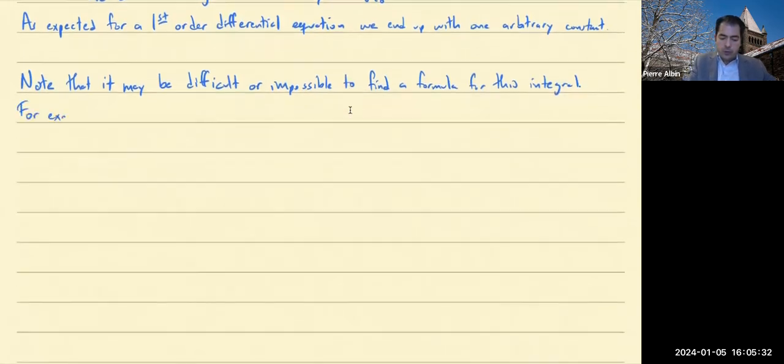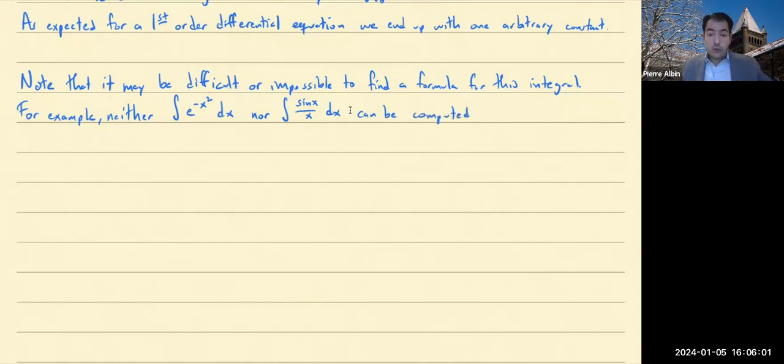So for example, neither the antiderivative of e to the minus x squared dx, nor the antiderivative of sine of x over x dx can be computed. Depends what you mean by computed, of course, but